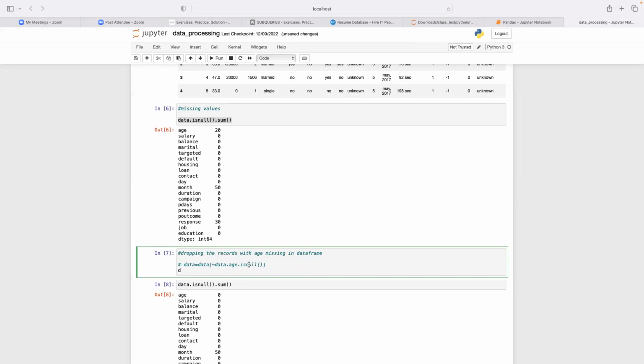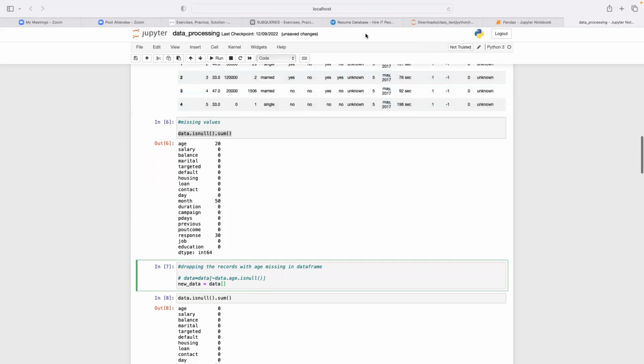Let's call it new data, equals to the original data. Then we put our square brackets in front. Then we can see all the ones that do not have an age, all the rows that don't have age. So that is to say data